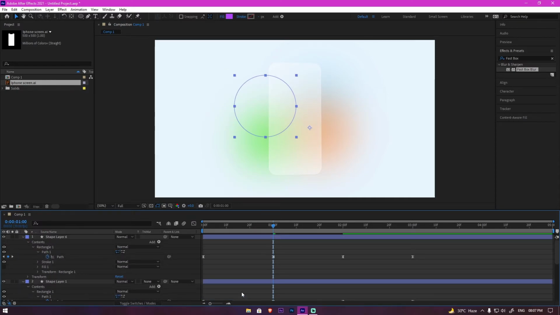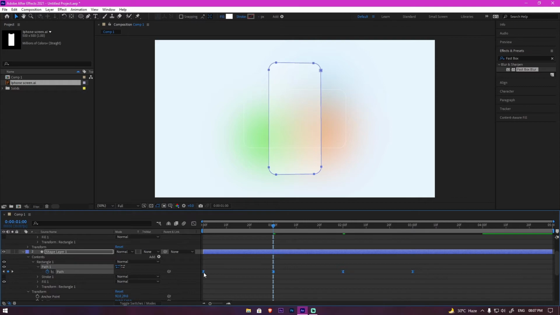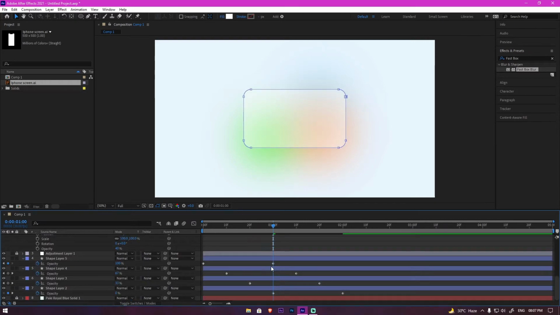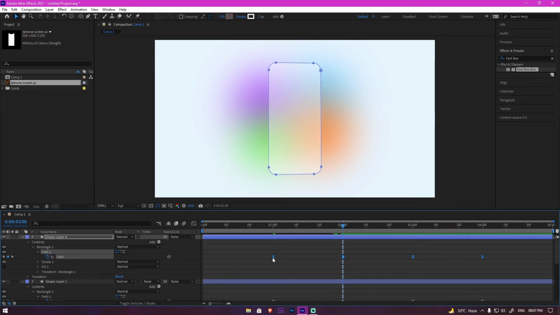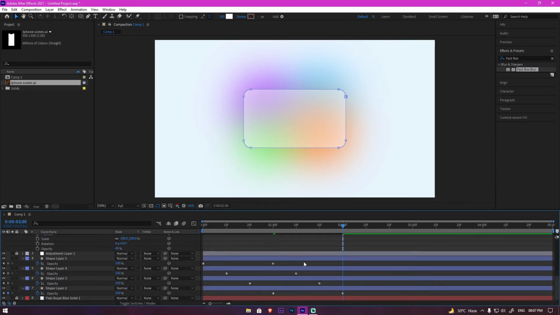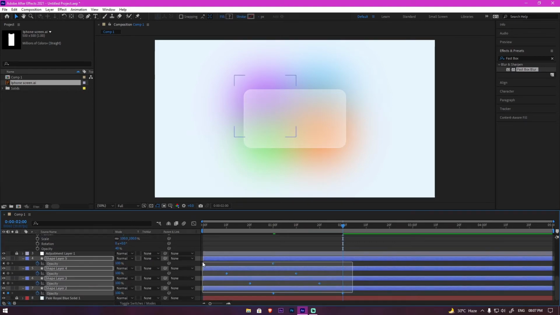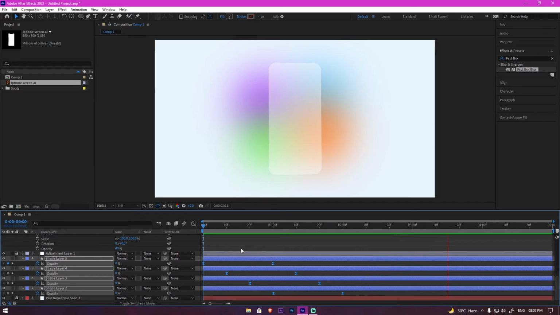When a circle finishes animating, we have to start the card animation. So what we are going to do is we're going to move the keyframes at the end of the circle keyframes. So here's the ending of the circle keyframes. Now just move these rectangle keyframes to start from here. Now select all the keyframes of circle layer and press F9 to easy ease them. Yeah, it is looking dope. I'm not gonna lie.